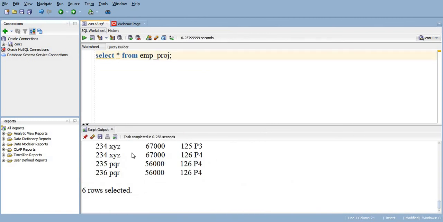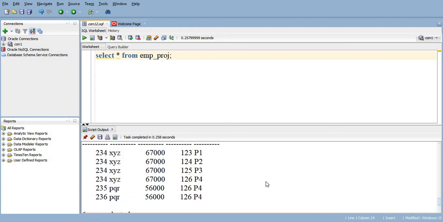Now see what is present in the table. Yes, now you can see that there is a repetition of employee ID, and also there is a repetition of project ID. But when we take the combination of both, that is the same employee ID combined with some project ID, that combination is not repeated in this table. So this is how we can implement the concept of composite primary keys in SQL.